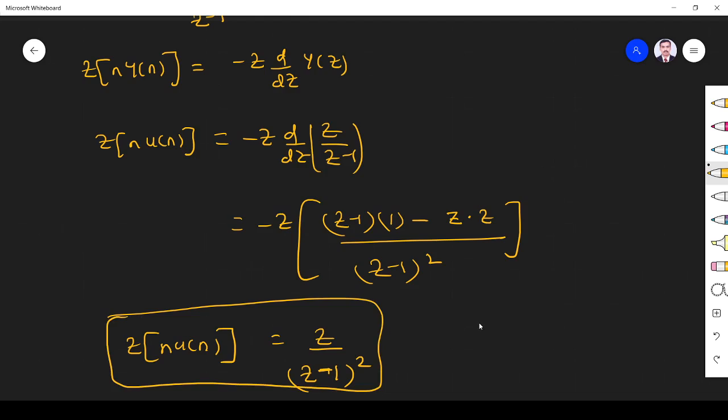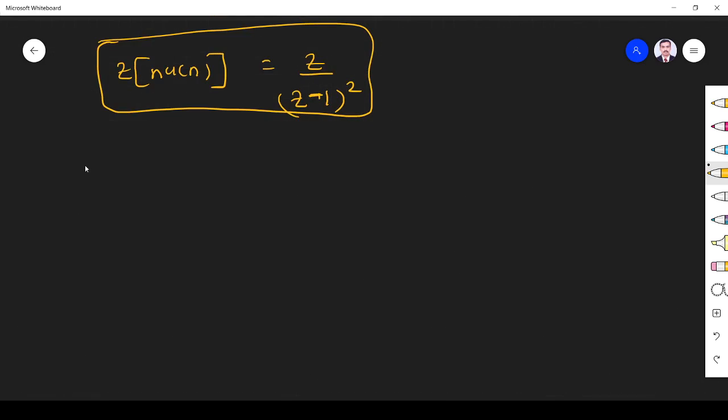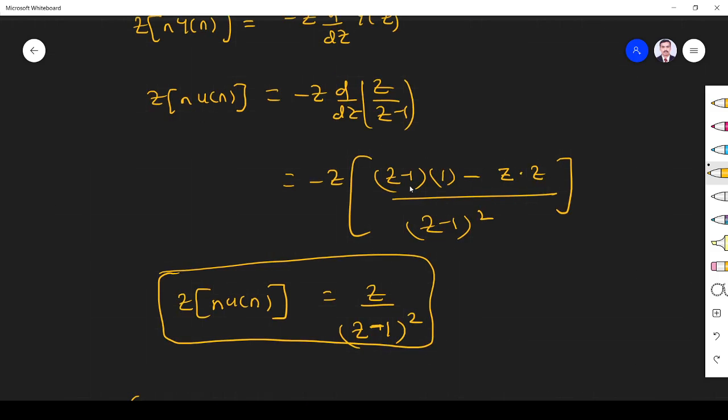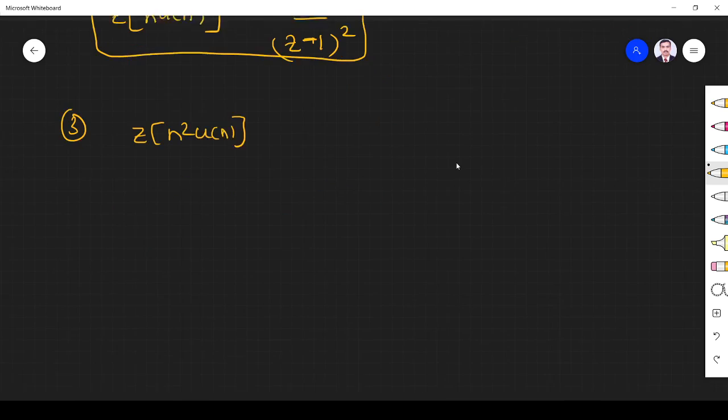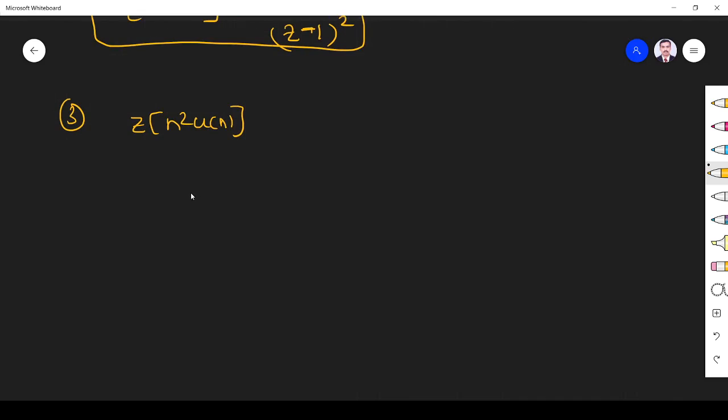Clear? Okay. The third problem is find the z transform of n squared into u of n. Right? Again we use the time differentiation property. So please write the property name here. Fine. So it is as per time differentiation property. Here also we write. Already I know what is the transform of